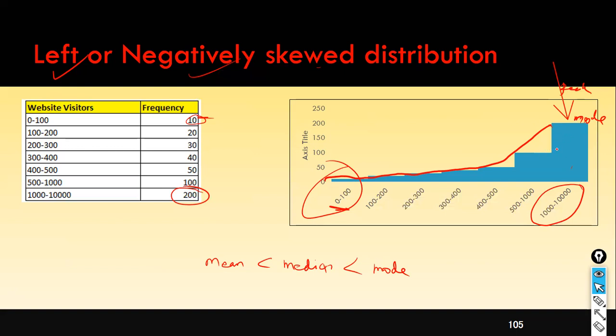Okay, and how about the median? In the case of a left skewed or negatively skewed distribution, the mean is pulled down by the lower visitors here. Your mean will be somewhere here. Between the mode and mean, your median will be here. Hence, mean is less than median, and median is obviously less than your mode. This is the property you should be knowing. In the case of right skewed distribution,